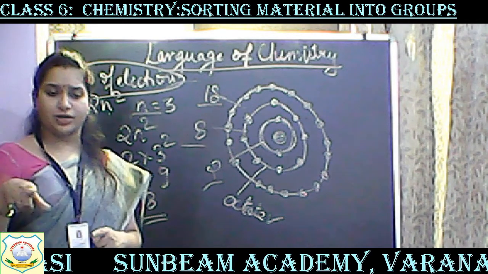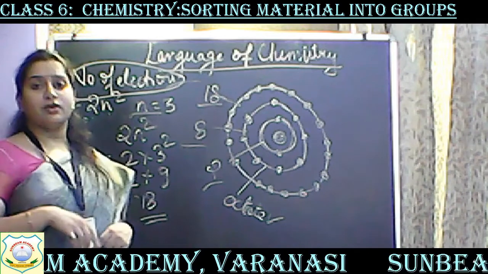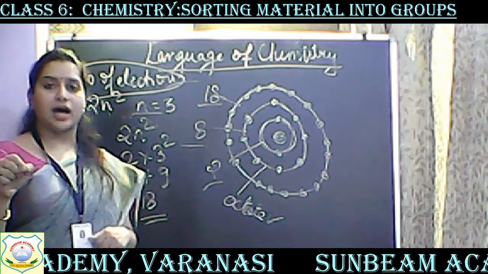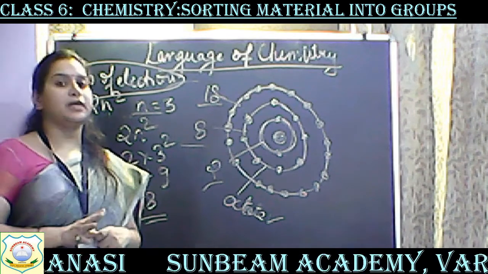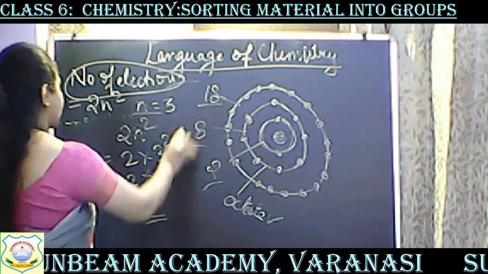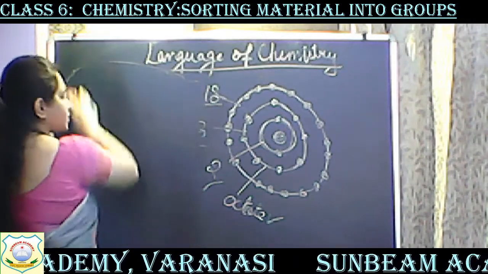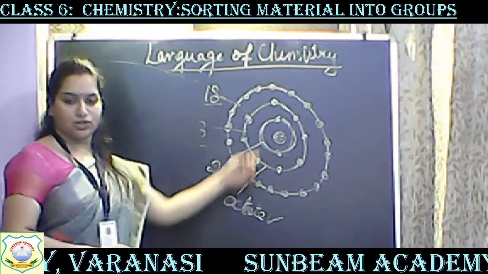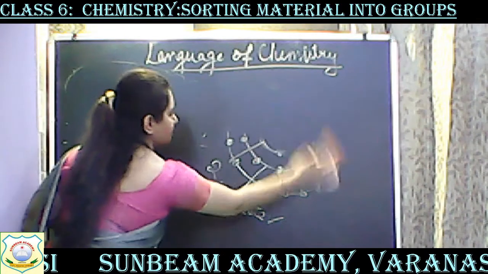Just look at that periodic table, where the last orbit, the last block, has a complete octet. Clear? So this is called a complete shell. I hope this top point is clear, that the maximum number of electrons in the shells is clear to you. Now coming on to the examples, let's see.